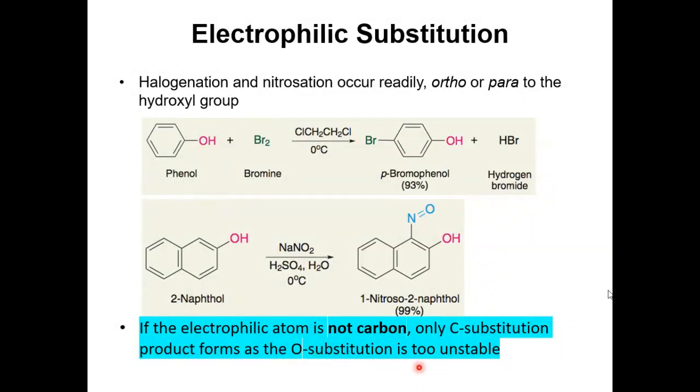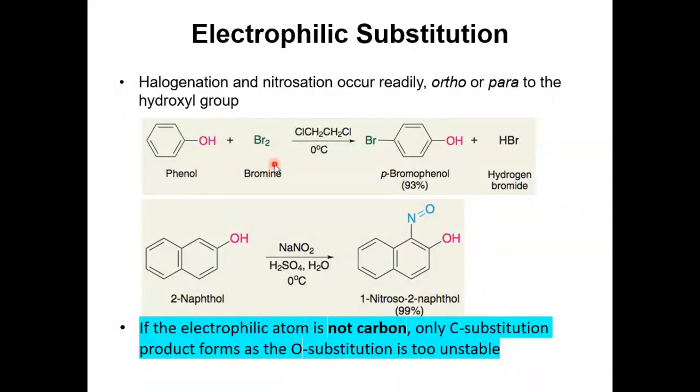Why, when the electrophilic atom is not carbon, does only the C substitution product form? Because the O substitution product is too unstable. Just imagine, if the bromine connects to O, that product looks just odd. It can form, but it is very unstable. So when the electrophilic atom is not carbon, you only see C substitution. Like in this case,